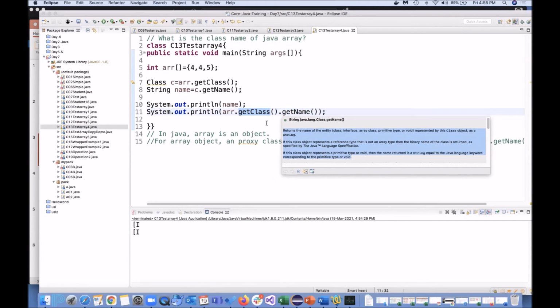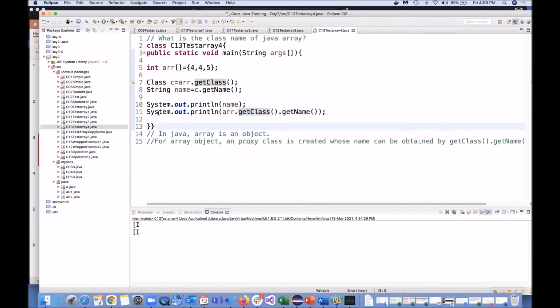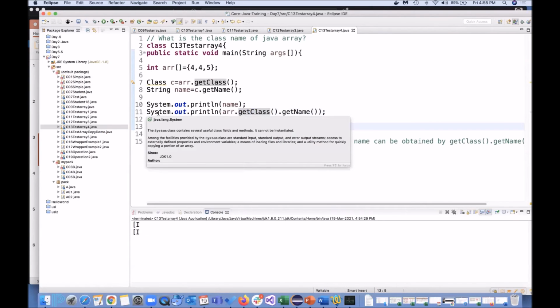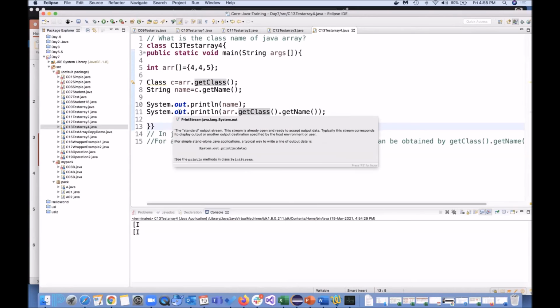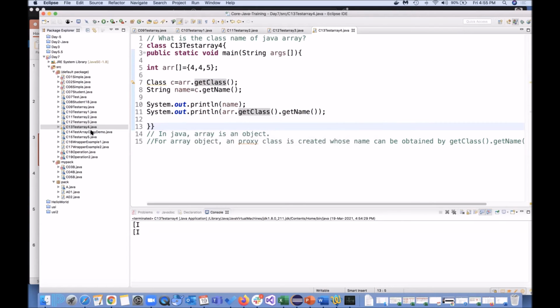So it's a good learning curve whenever you are having a problem. Okay, what this System will do, java.lang.System. What is this out doing? Read this. From this the out object is coming. Then what is this println doing? Okay, fine. Moving to the next one.